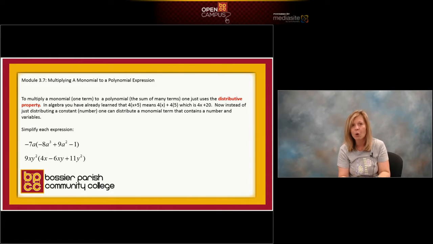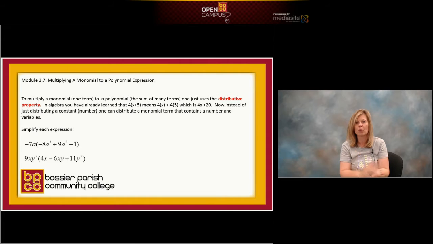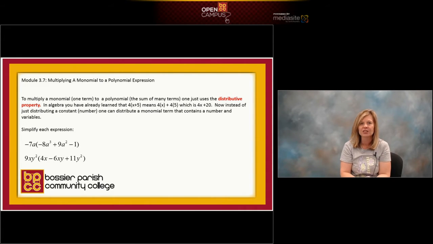And again, there's no paperwork. Again, it's all going to be done up here. So that's the hard part, is understanding when you're doing multiplication, there's no work for me to see or your teacher to see. It's all a paper trail in your head. So we got to go slow. We got to make sure we still know our rules. We got to make sure when we're multiplying we understand our rules. If we're multiplying the same sign, the answer is positive. If we multiply different signs, the answer is negative. All right, let's go to the next video and actually work some examples.